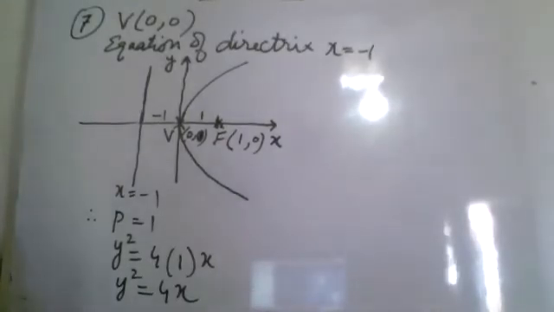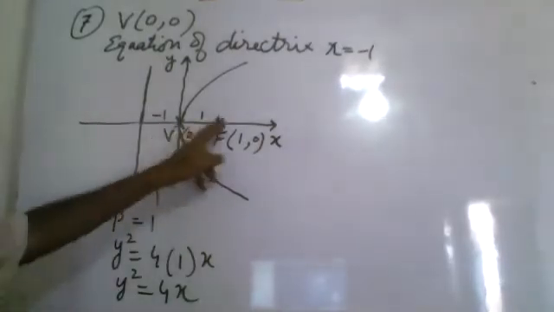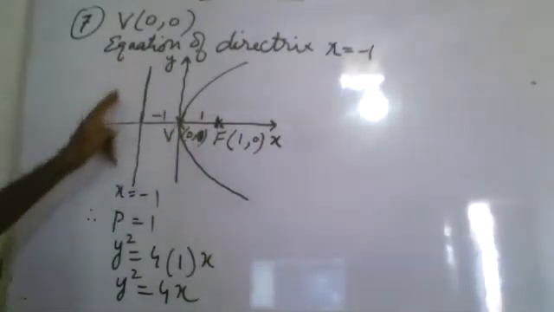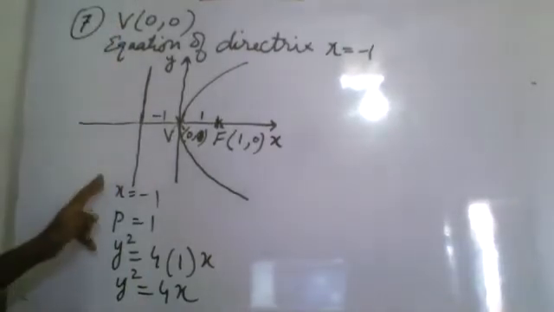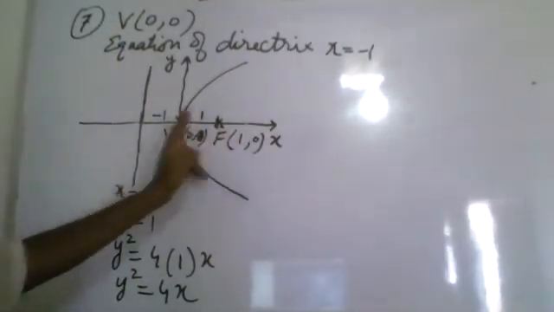Sir, if the equation of the directrix is -2, then 2 will be the focus. Yes, it will be 2,0. The focus must have the two coordinates x and y, so it will be 2,0. p will be 2. The directrix will be on that side at x equal to -2, so the focus will be over there, the same distance 2.